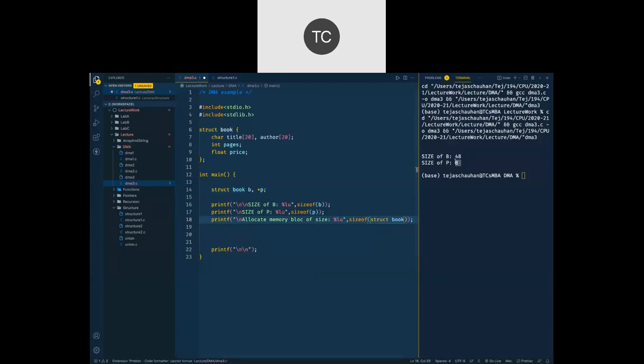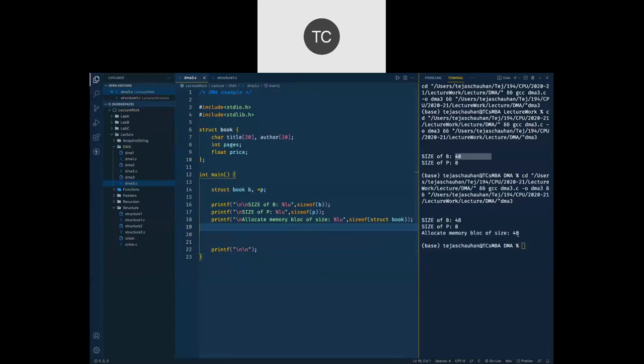We already know that. So what we want here is to allocate a memory block of 48 bytes. Now how do we allocate it?